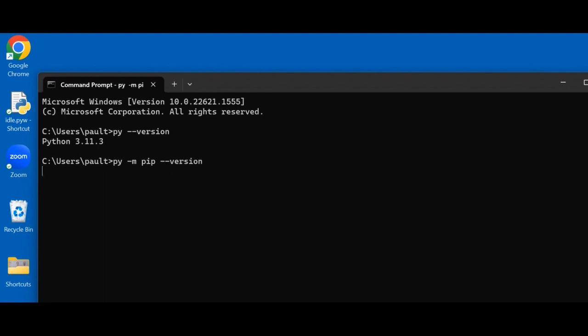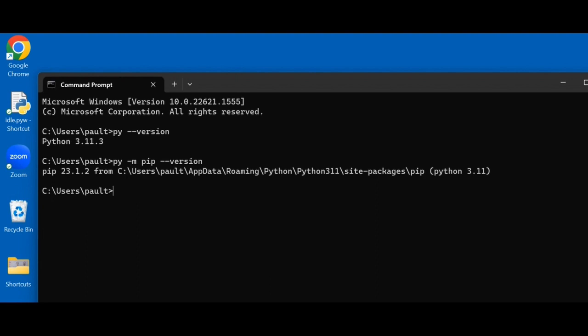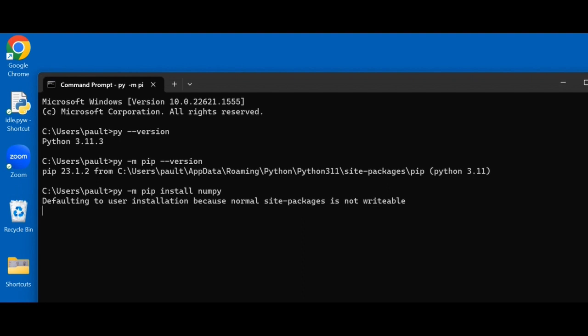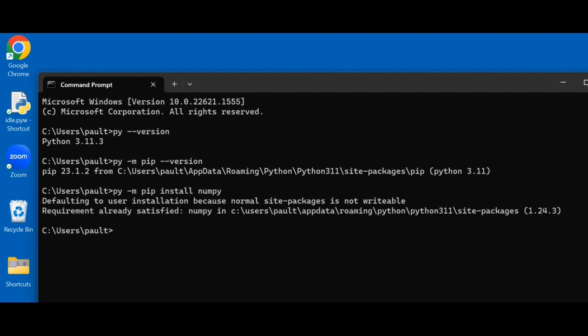So I type py -m pip --version, it tells me the version of pip. Then I go to py -m pip install numpy, and if I hit return, it will now install numpy. I've already got it installed, so it's just giving me a message to tell me that that's been done already, but in your case you'll find that it will give you various other feedback. Anyway, that's